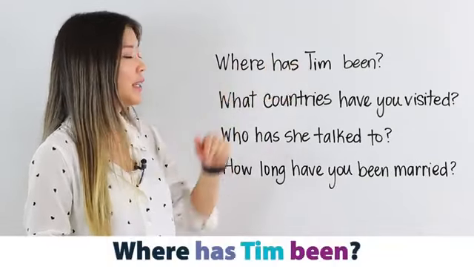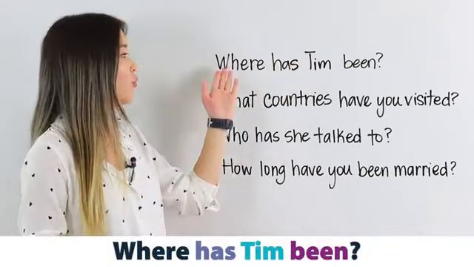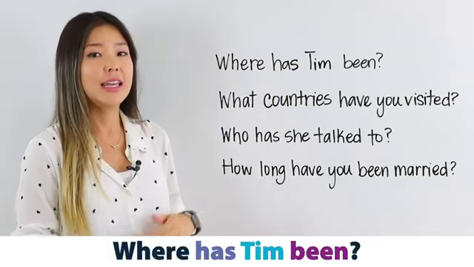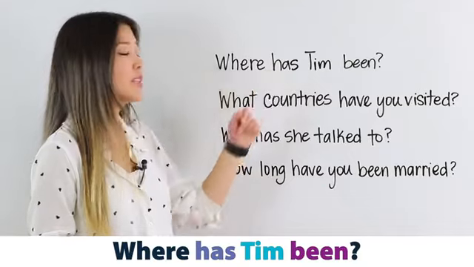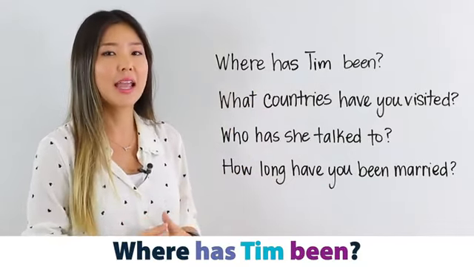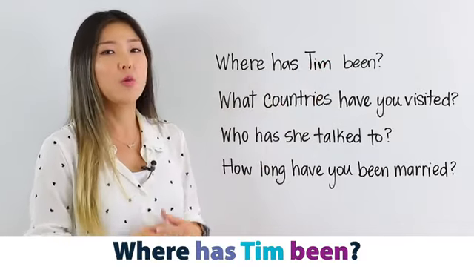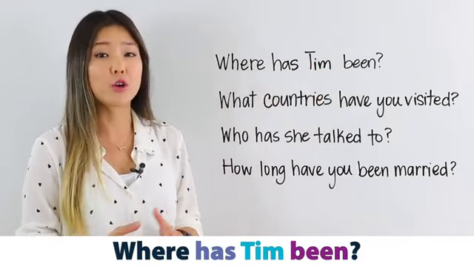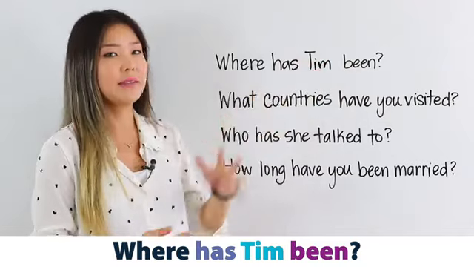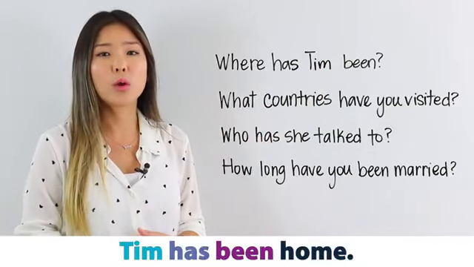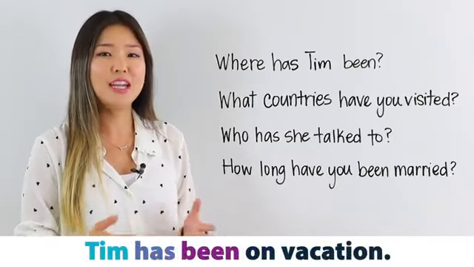Where has Tim been? You'll notice we follow the WH word with has or have. In this case, I use has because the subject is Tim, and Tim is a he. And then we followed that with the past participle of the verb. Where has Tim been? And I can answer by saying Tim has been home, or Tim has been on vacation,